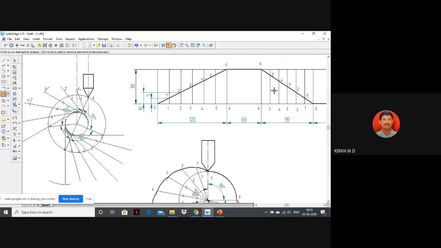Okay. Then measure the distance 5 to 5 dash. This distance is 25. So just what I will do here. Okay. So next, this distance is 4 to 4 dash. Okay. So now